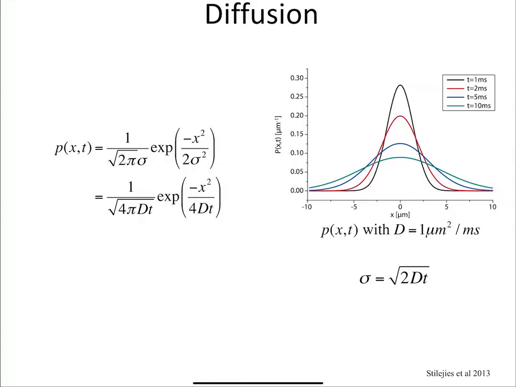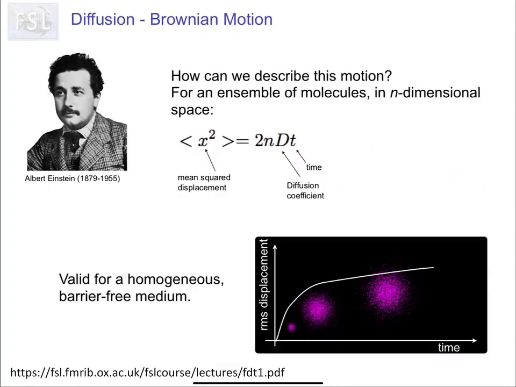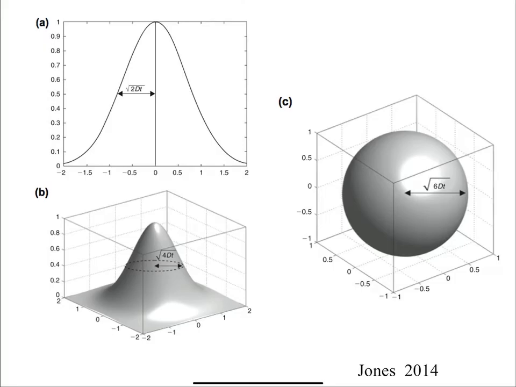This is showing that formula again, and showing that the distribution essentially, as we go from 1 millisecond to 2 milliseconds to 5 to 10 milliseconds, just spreads out. Okay. So Albert Einstein was the first to derive some of these equations. Essentially this mean square displacement, or how far a particle moves, is related to the diffusion coefficient, how long you wait, and also the number of dimensions. Okay, so 1, 2, or 3 dimensions is typically what we think about. So in 1D, the formula is square root of 2Dt. In 2D, it's 4Dt, and in 3D, it's 6Dt. Okay, so that's just the basic